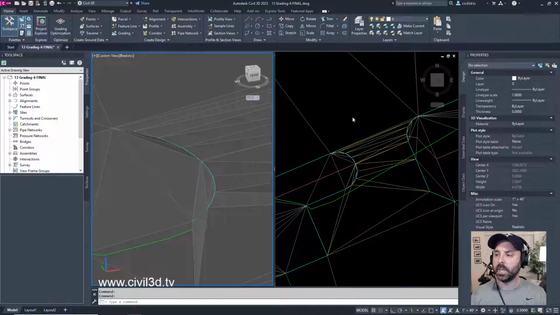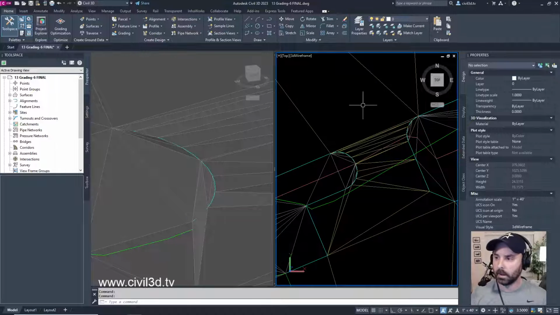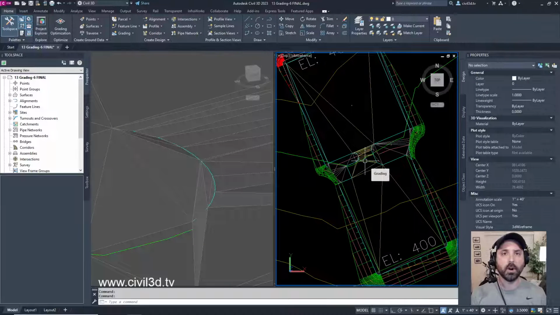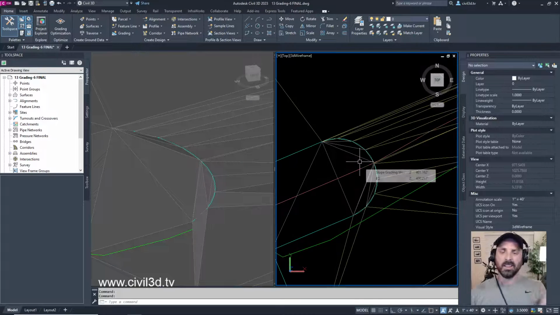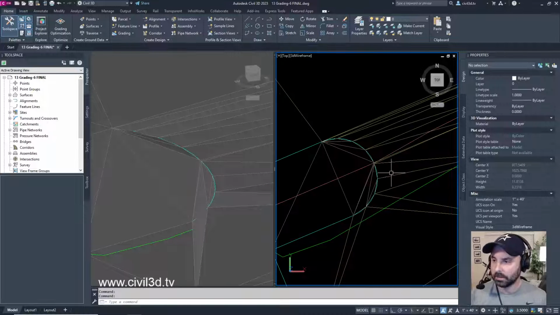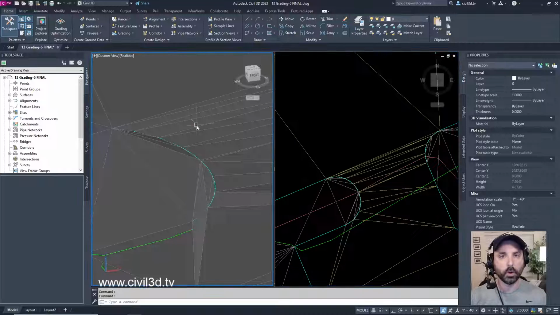And this is particularly important when you're looking to make sure that you're getting an accurate surface for, let's just say, parking lot entrances. When you're generating feature lines around those entrances, you want to make sure that the tessellation is set to a good, nice tight number, because as you go around this, if the tessellation is spread too wide,